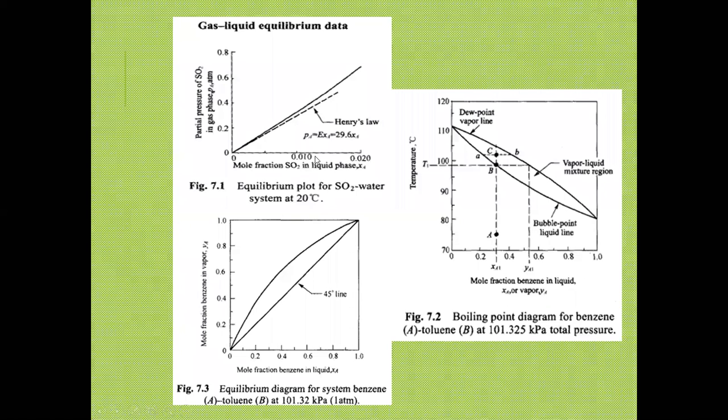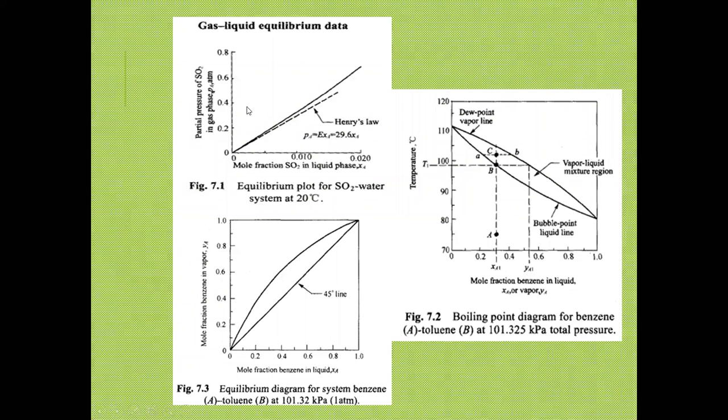So this is for the system SO2-water. Let's say for example, your solvent is water and your SO2 is contained in a gas mixture with air. So you are to take out sulfur dioxide from air using pure water as the solvent. So the equilibrium curve that you will have to use is this one. And if you're not provided with this, but the problem gives you Henry's law, and that particular Henry's law gives you that the constant is 29.6 in this case, because here the 29.6 replaces the H in the equation that I have shown to you in the previous slide, then you can use this particular equation.